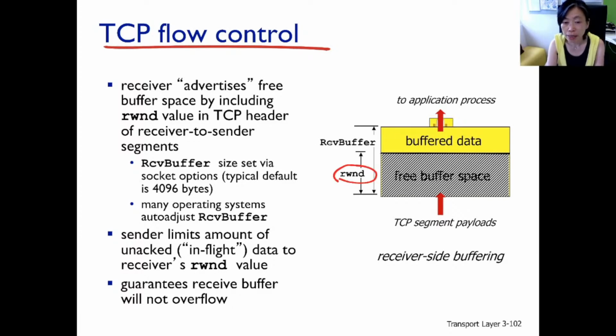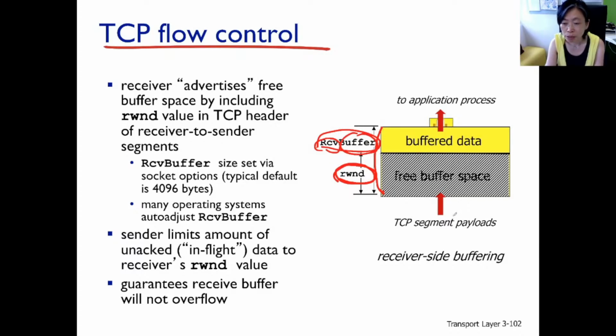In the operating system, there's this receive buffer. This is well defined, and RWND is related to the size of the receive buffer space. Initially, RWND is going to equal the receiver buffer.